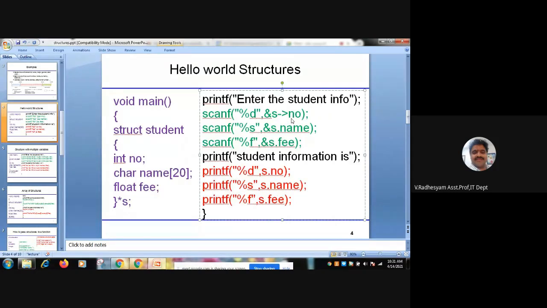Right? You can use a pointer variable as a structure variable to access the elements inside a structure, using a normal variable, array variable, or pointer variable.